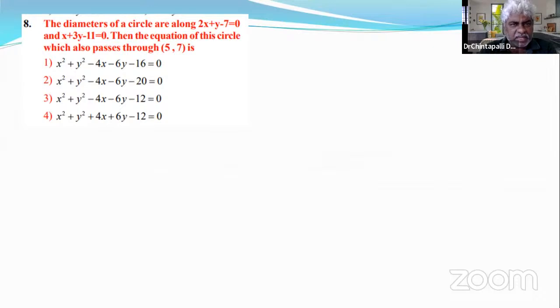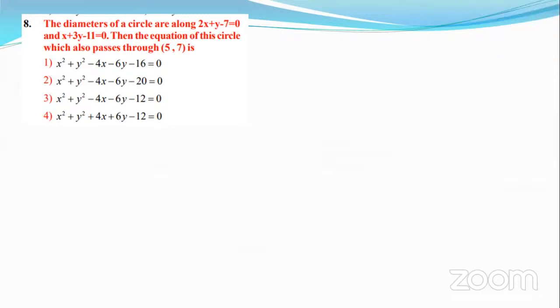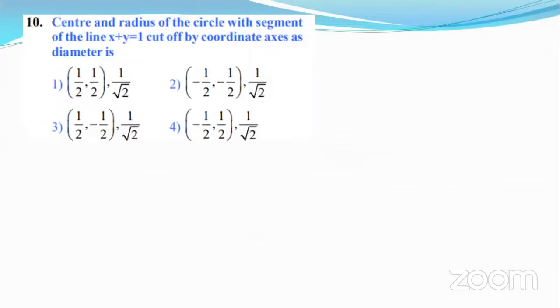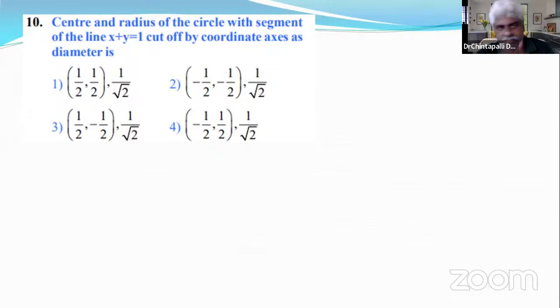The diameters of a circle are along... Same concept. Then the equation of the circle, which also passes through (5, 7). Did we do this sum in the previous class? Yes, sir, we solved it. Now, question number 10 has a very interesting point. That point is,